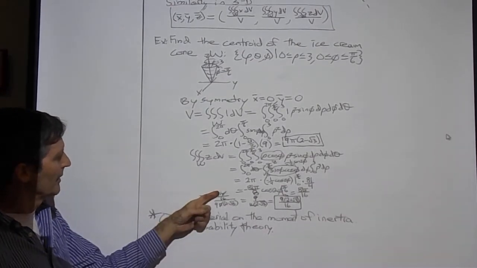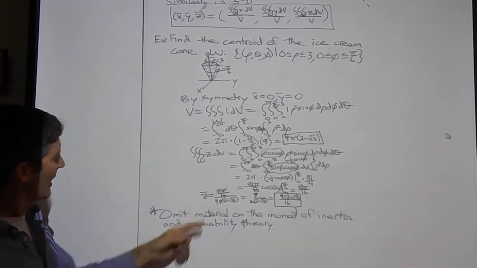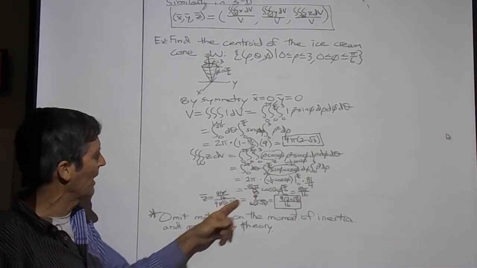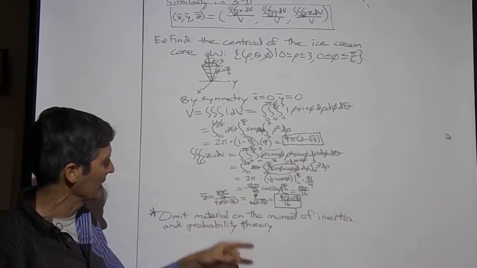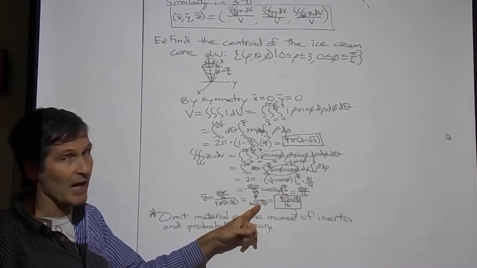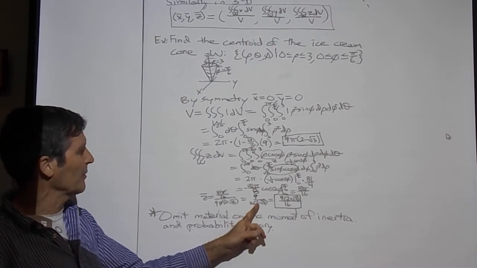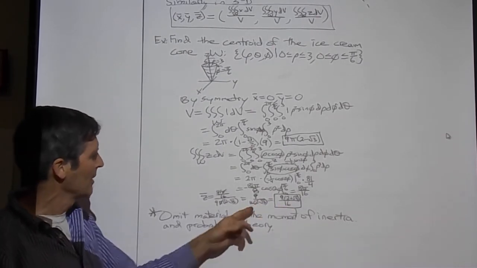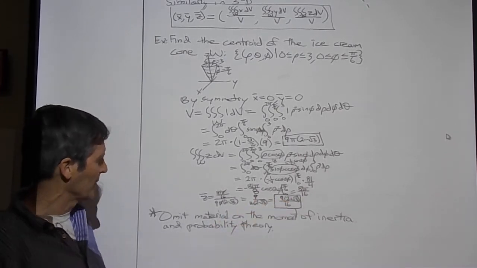Take the moment divided by the mass using density equals 1 to get the centroid. And this 2 minus square root 3 on the bottom needs to be rationalized. We'll simplify here a little, canceling 81 over 9 is 9, for instance. 16 goes down to the bottom. 2 minus square root 3 in the denominator can be gotten rid of by multiplying top and bottom by 2 plus square root 3. If I do that, 2 plus square root 3 times 2 minus square root 3, the square root 3 cancel out. I just get 1 in this case. And I wind up with 9 times 2 plus square root 3 all over 16